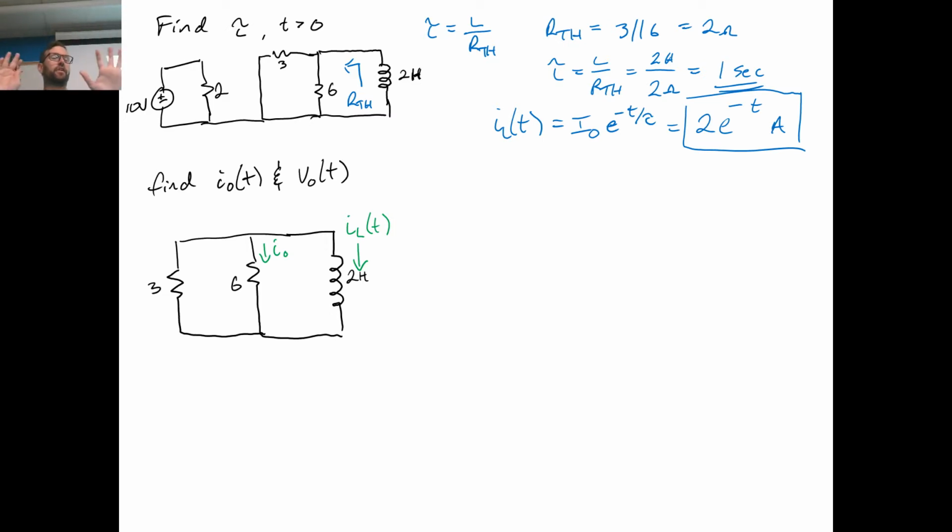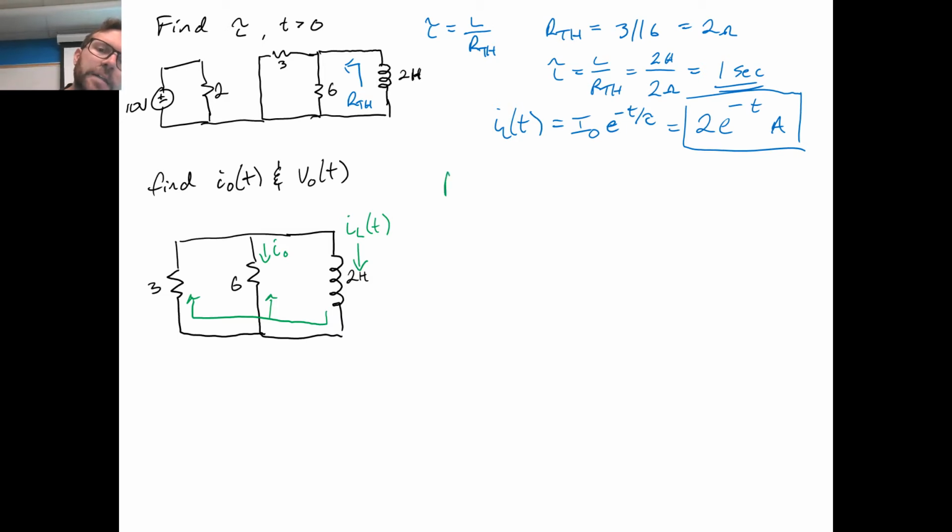That is the energy source that's pushing current through the 6 ohm and the 3 ohm resistors. And notice that it's actually going to push it upwards through the 6 ohm and the 3 ohm. The inductor is the energy source, the thing that's doing the work here. It's going to cause those currents to go upwards, and that's opposite of the direction of I naught. Okay, so what we can say then is,